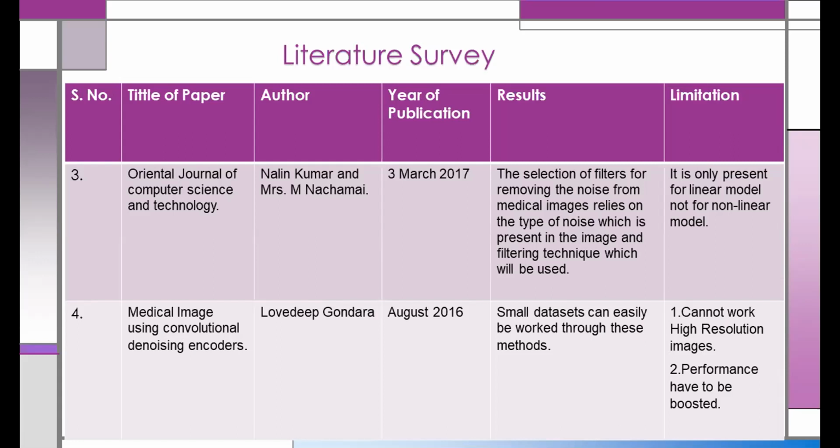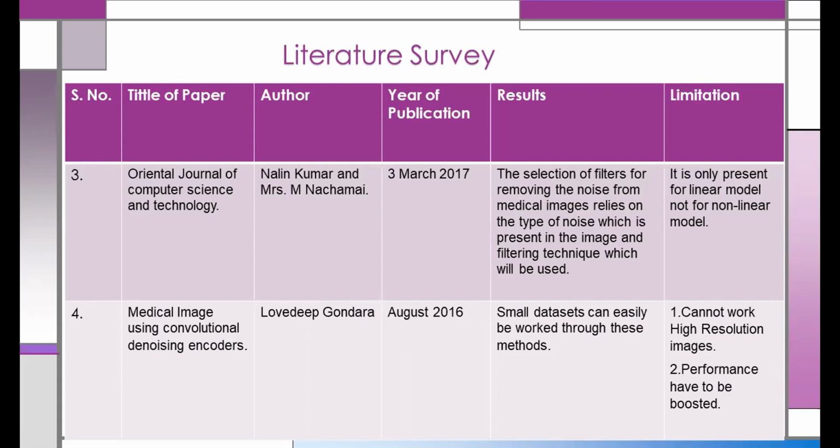The research paper consists of linear models, non-linear models, as well as different noise which could be favorably removed with linear and non-linear models, and types of filters to be used. So basically we move towards the linear model only, being computer science students. If we had opted for electrical or electronics engineering, then we would be moving towards the non-linear model. So this was the basic difference that has been covered in this paper.